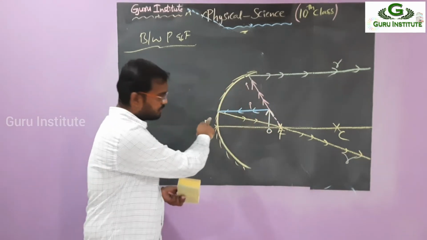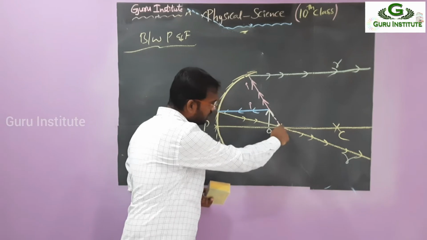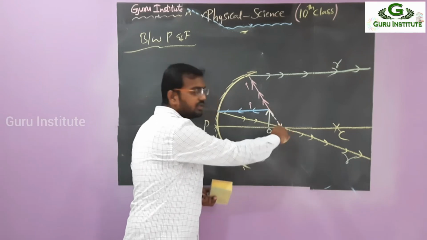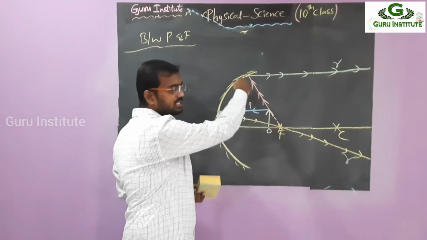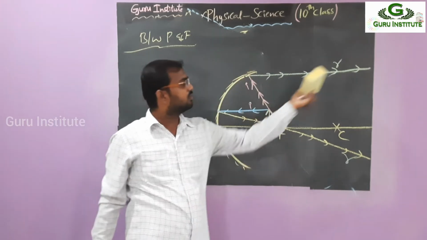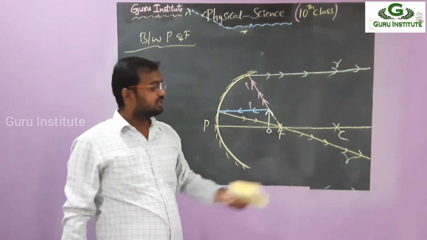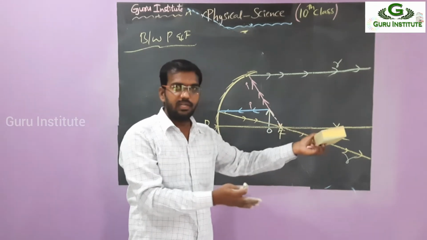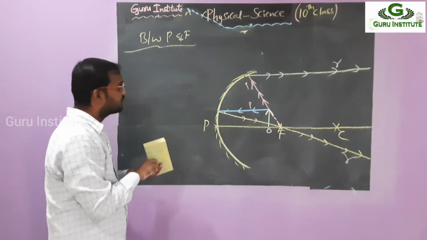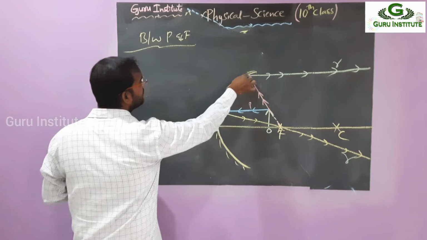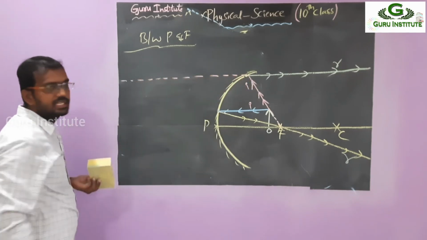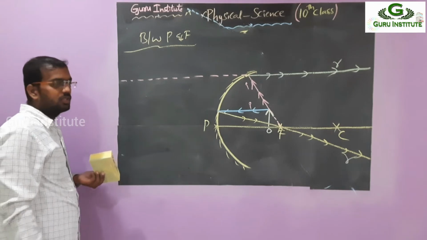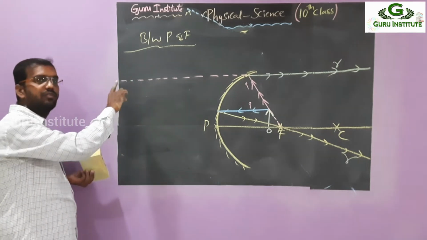Parallel to the principal axis, passing through the focus, and passing through the focus means here after the object there is the focus. So that's why I am taking the extension. But the mirror is on this side, so we have to take this one. So that is moving like that. So automatically what happens? They are not meeting directly. So let me try to extend into the back side to see if they meet or not. So it is extended like this, to the back side. We know that if they are not meeting directly, we have to go for the back side.